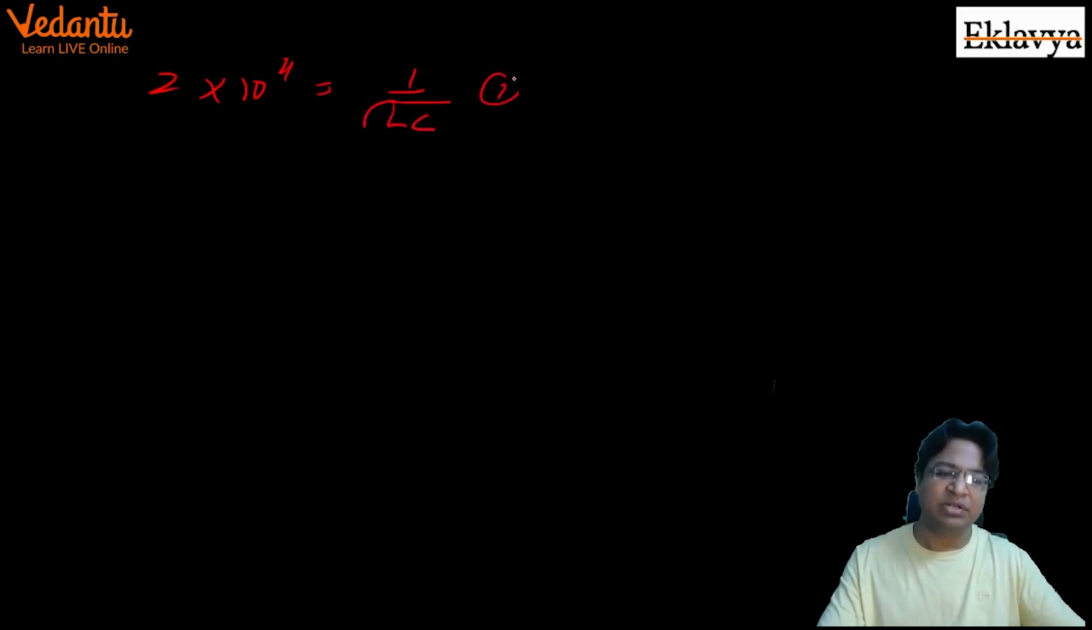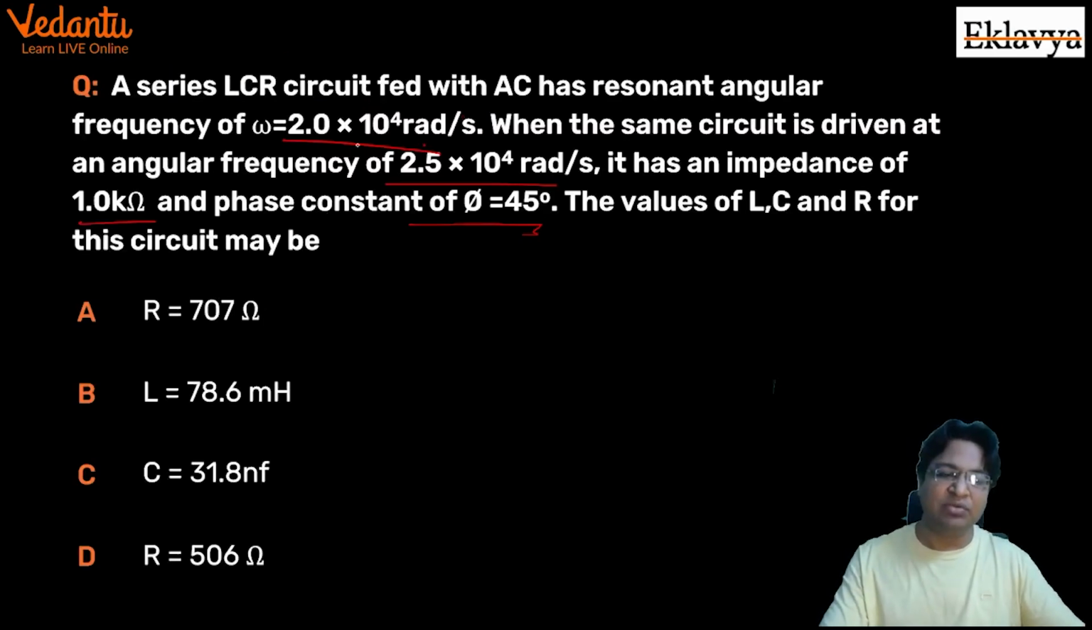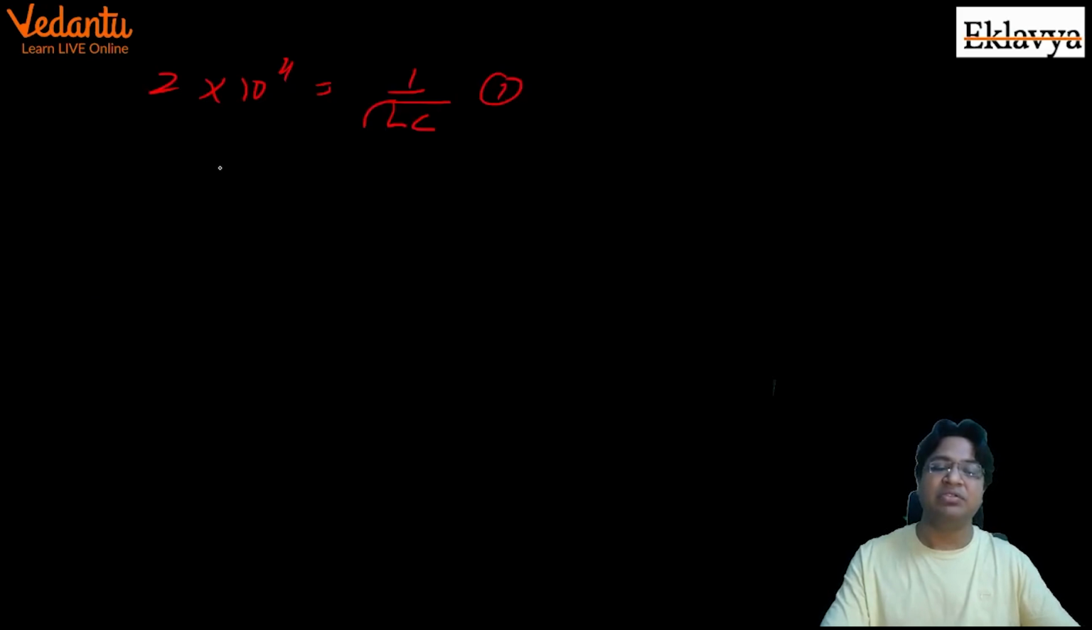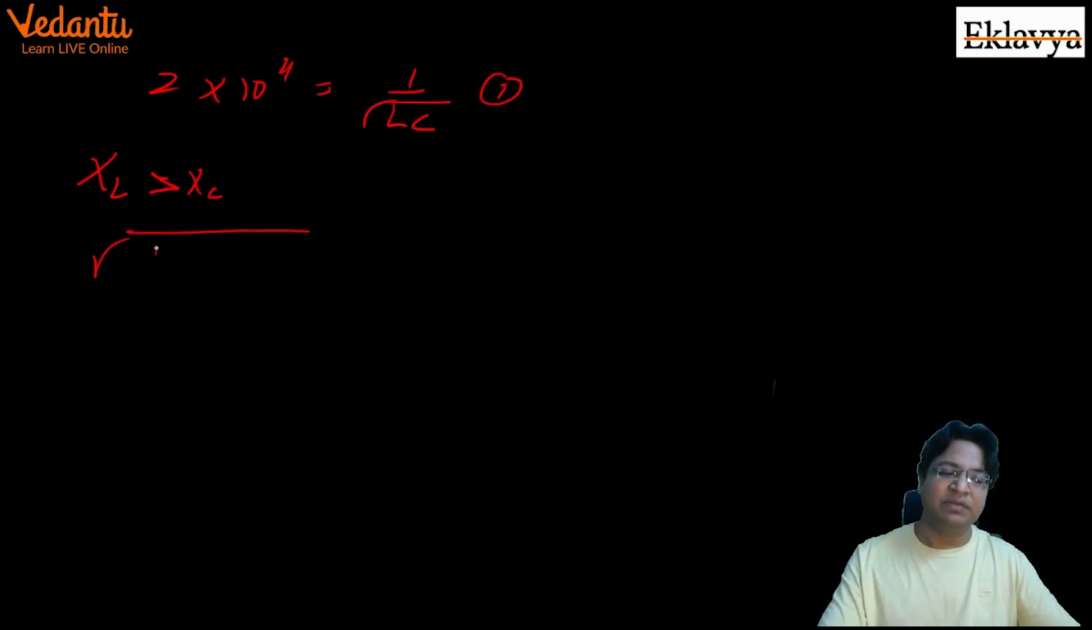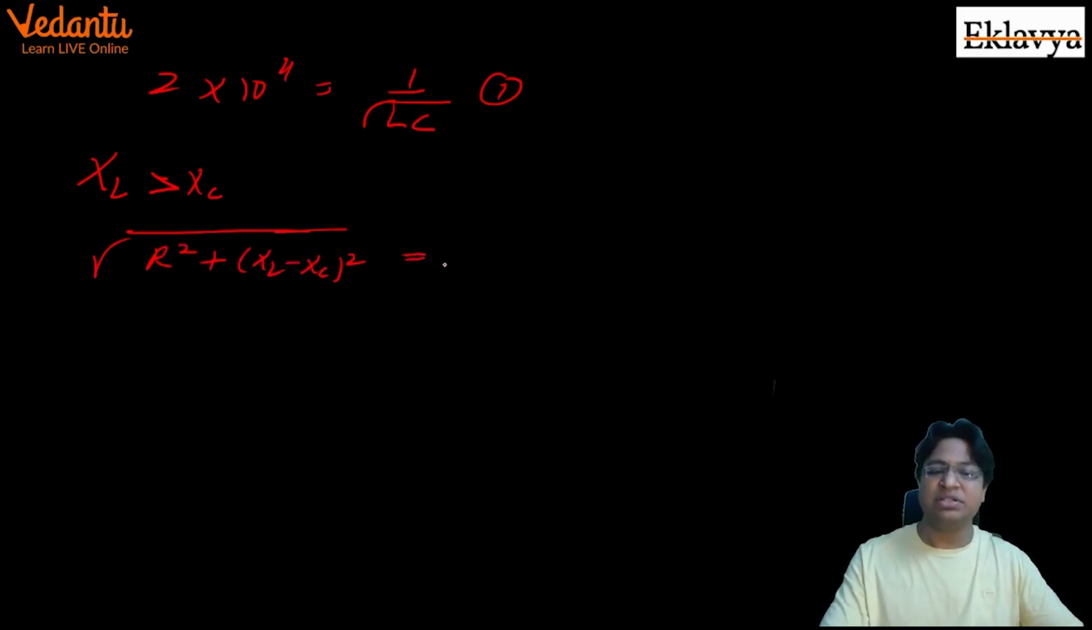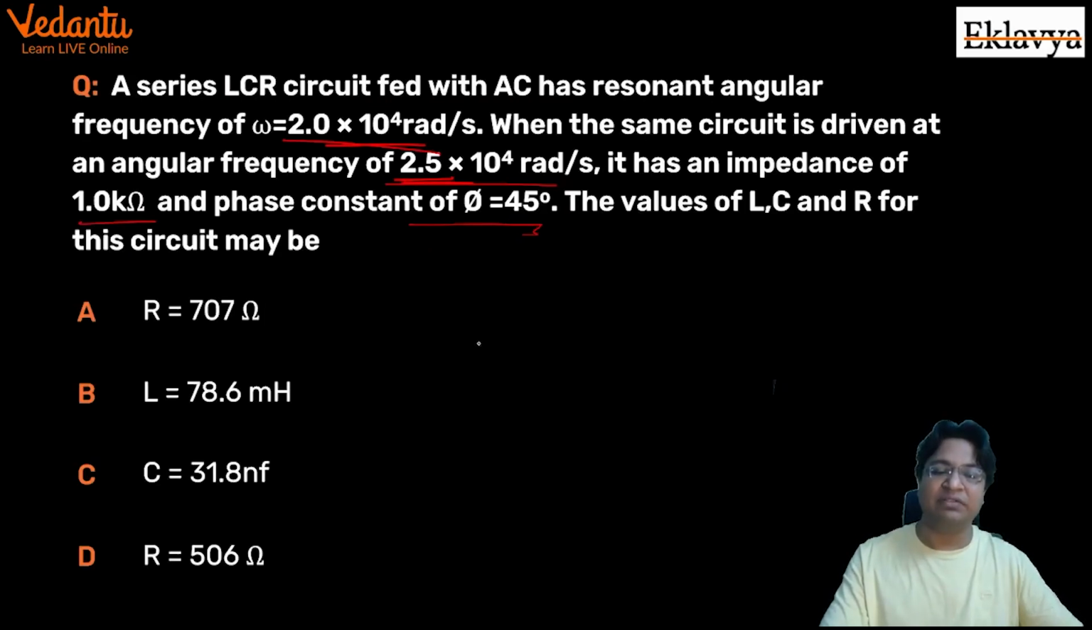That is the first equation. The second thing is that when we are using a higher frequency than the resonant frequency, we can expect XL to become greater than XC. Now the impedance will be written as root of R square plus (XL minus XC) square. And the question says that the phase difference is 45 degrees, and this value is 1 kilo ohm,